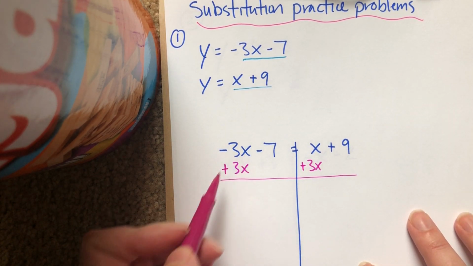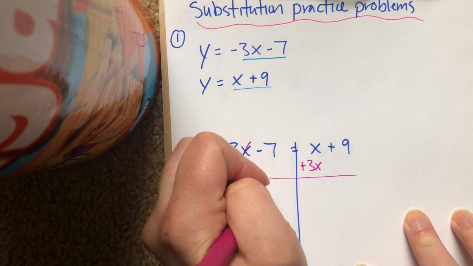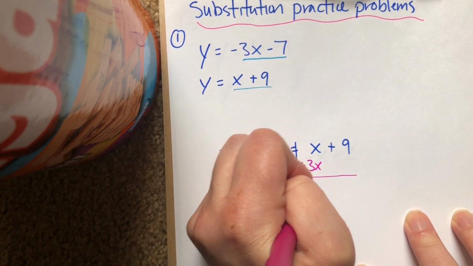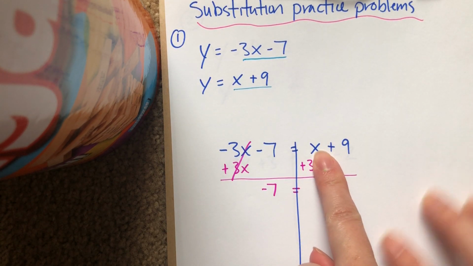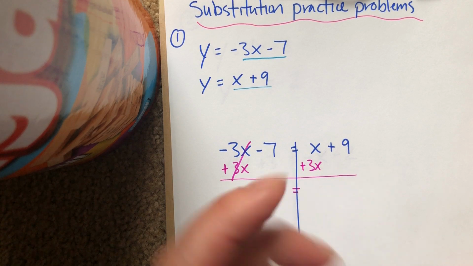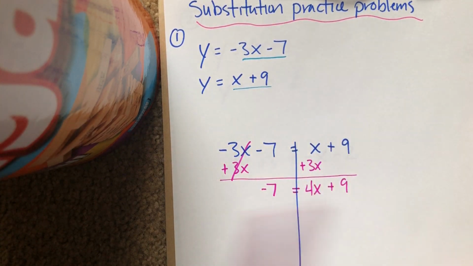So negative 3x plus 3x is 0. I'm not even going to write it. I'm just going to bring down that negative 7, bring my equal sign down. This is 1x. I don't have to write the 1 because I just know it's 1x. X plus 3x is 4x, and I'm going to bring down that positive 9. All right, so now I have negative 7 is equal to 4x plus 9,